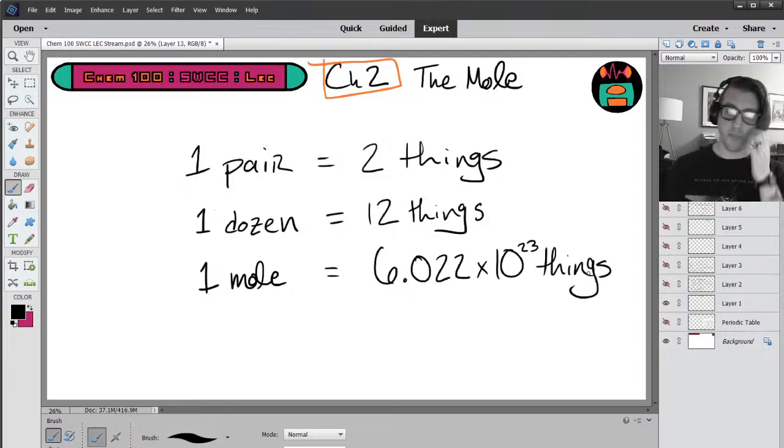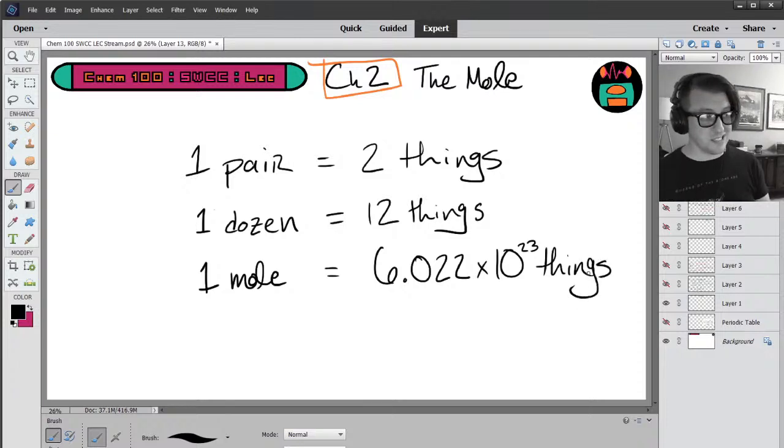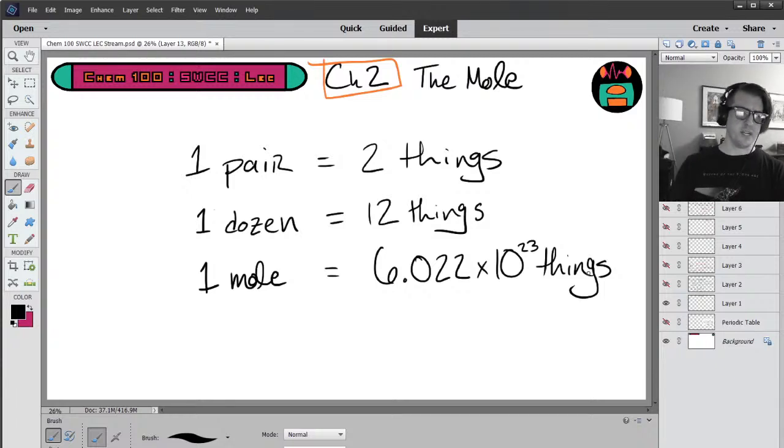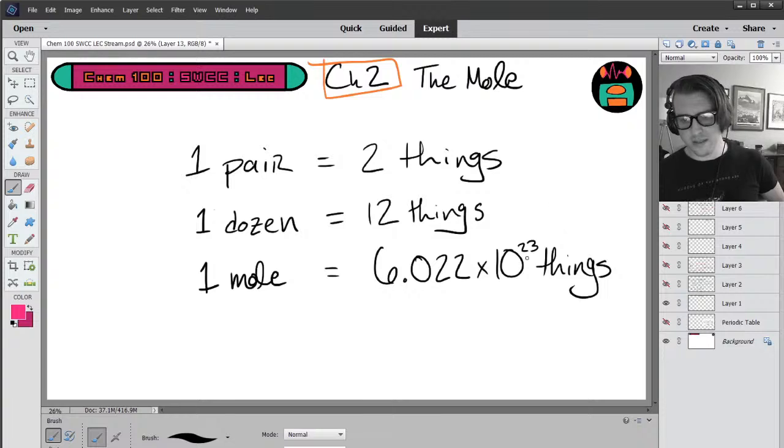All right. We use pairs for shoes. We use dozens for donuts or bagels. We don't really use moles for that much because there's few quantities in our life that demand an order of magnitude this high. I think the only thing that I've run into outside of chemistry is, I'm pretty sure my wife has a mole of shoes in our closet. I think that's the only thing that I've ever needed this quantity to calculate for, other than